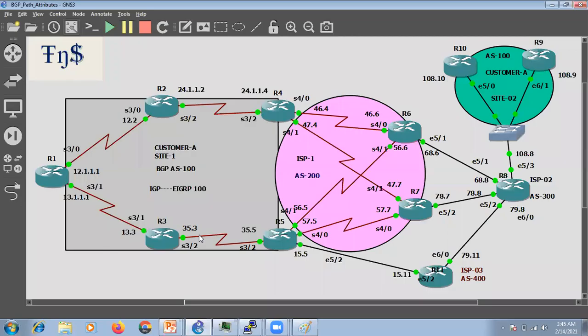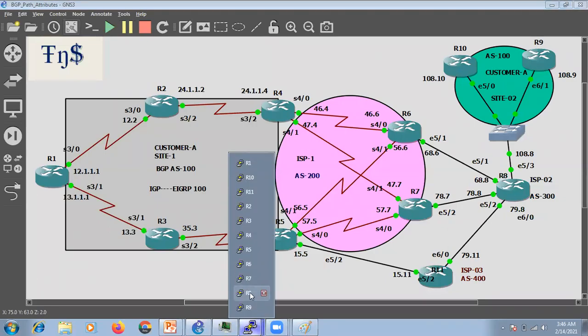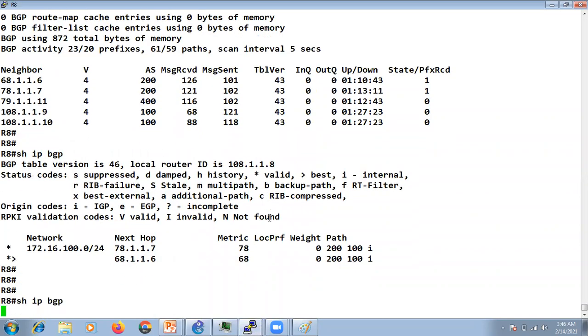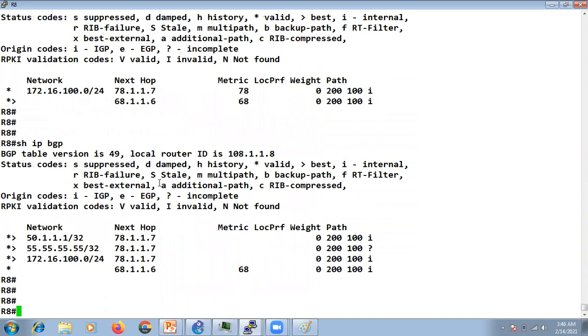So I did not set anything now. If I go to R8, you can see this subnet is again best via R7 because the metric value is blank for R7, and a blank value is considered as 0. So that is the best.